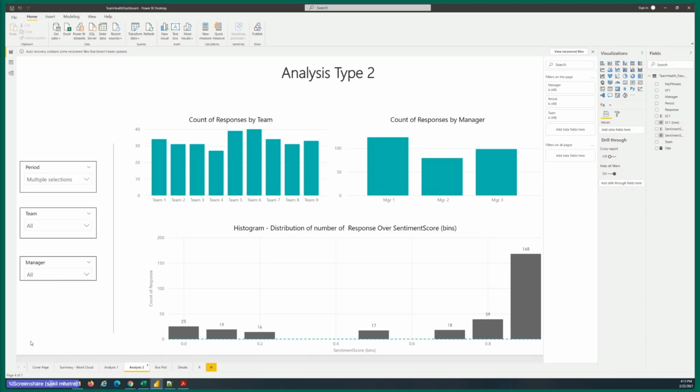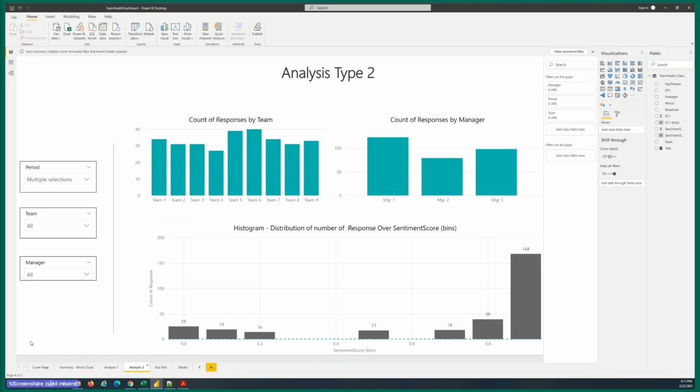Another question here. Shouldn't we normalize the data for comparison purposes? Yes, you could. This is just the basic. You can definitely normalize the data for comparisons. In fact, are you guys familiar with a product called Qualtrics? I'm not going to wait for responses. Personally, not.